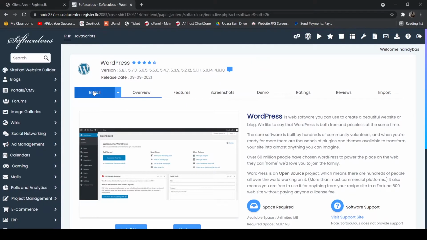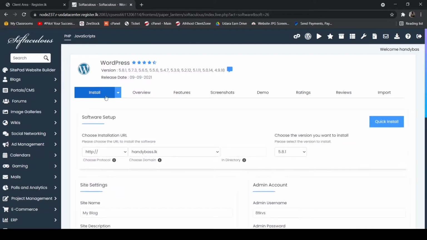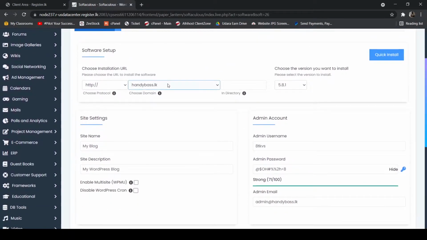So I'm going to install. Click on install. Here we can select the domain. In this case I only have the main domain. I didn't make any subdomain, so I want to install WordPress on this main domain, and I select it,